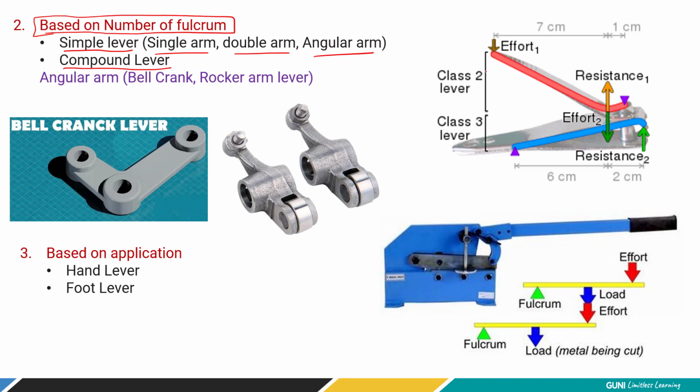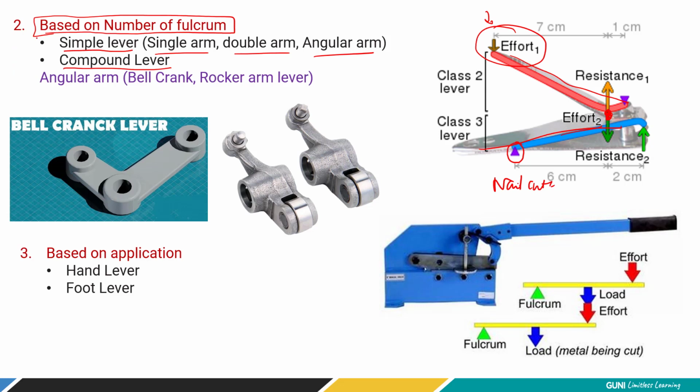But here, let's say a nail cutter, right? Now here, just try to see what exactly is happening. Now we know how to apply effort. We simply apply effort at this location, right? So this is simply the load point, right? But again, this also becomes the fulcrum point. So we have two arms or two levers combined together. So this is the case of compound levers, right?